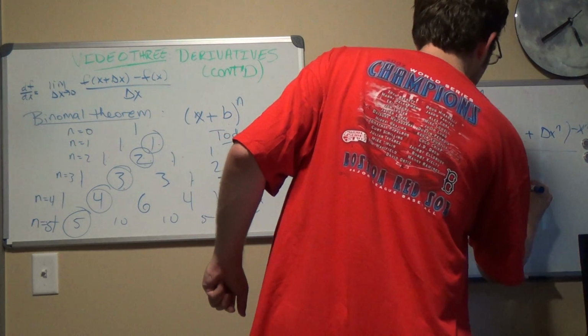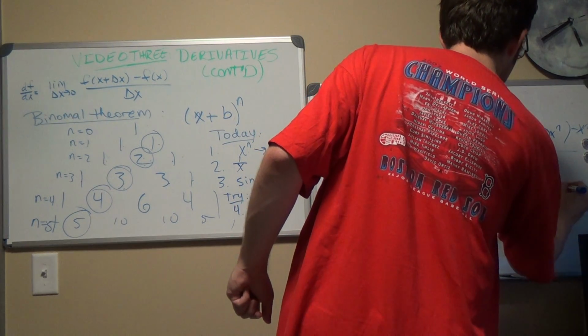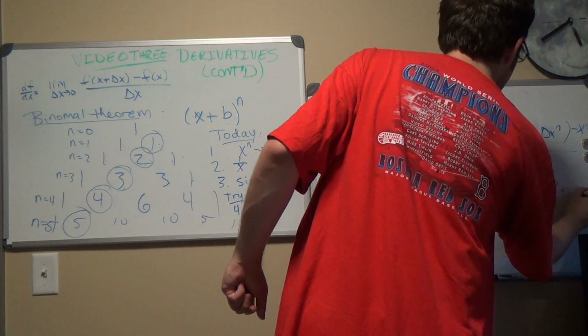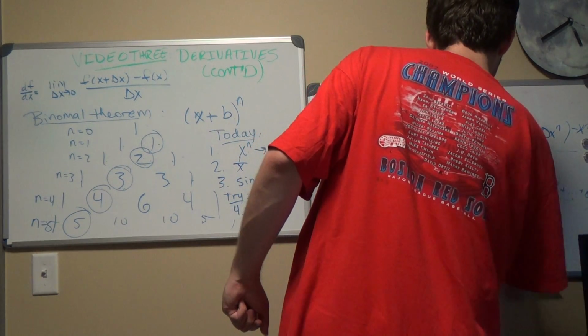Let's just add one more term. b x to the n minus 3 delta x cubed plus so on plus delta x to the n, divided by